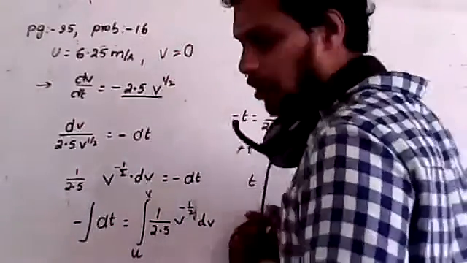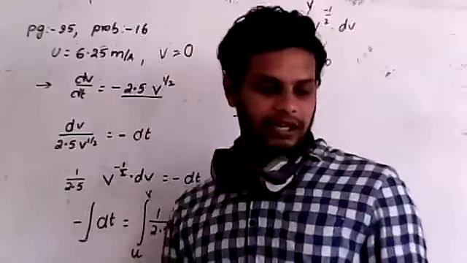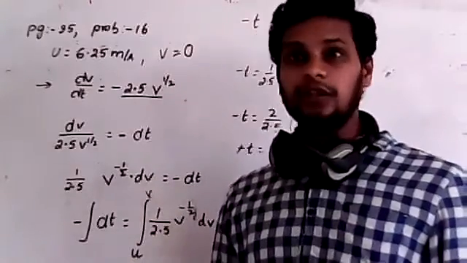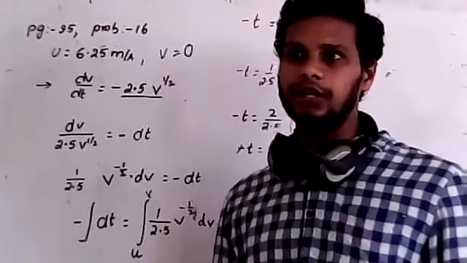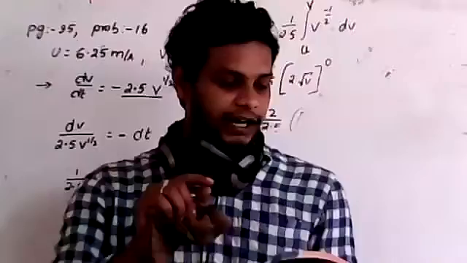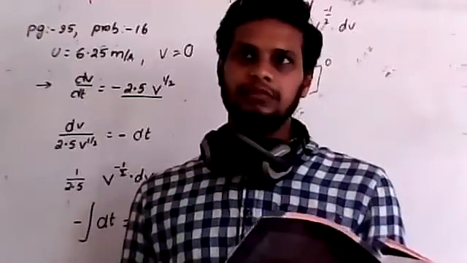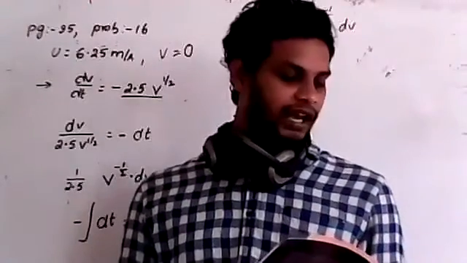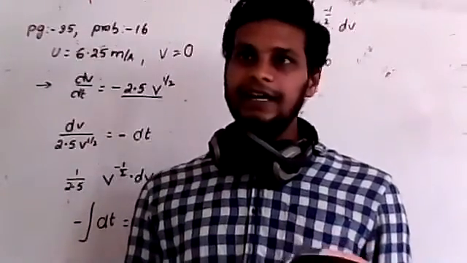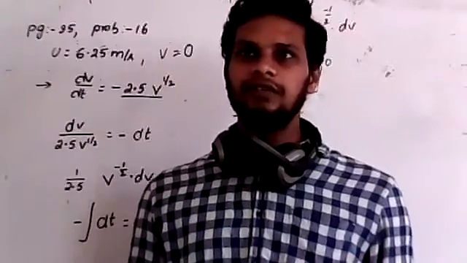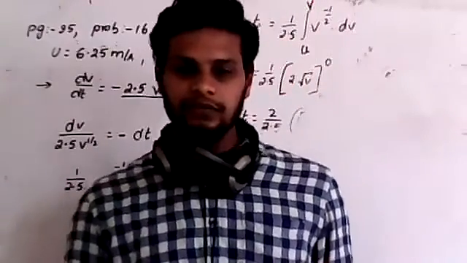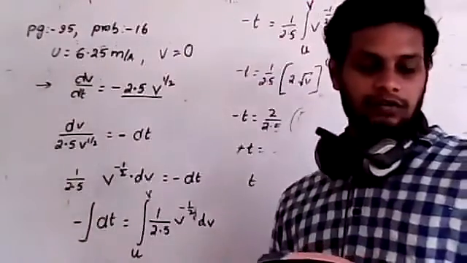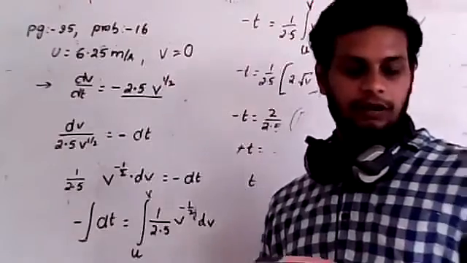Remember, time is scalar. Electric current is also scalar. Why? Because it is an SI unit. There are 7 fundamental quantities in the SI system, so electric current is also a fundamental quantity.